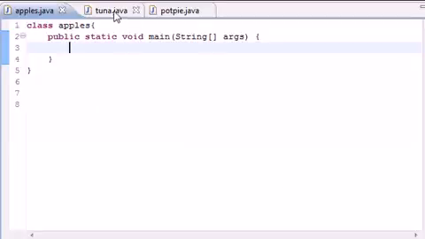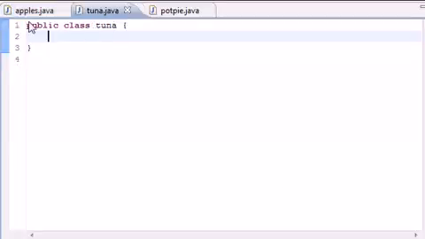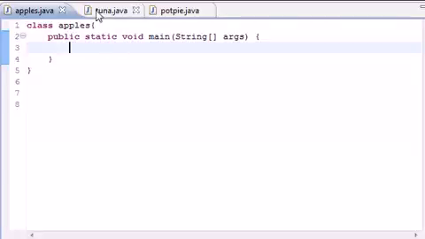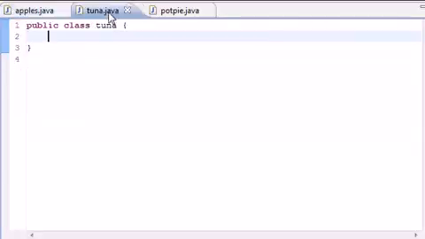So let's go ahead and go into your Tuna class right here, and this is the one that's not your main. Apples has my main method. So go into another one. I name mine Tuna. You can name yours whatever you want